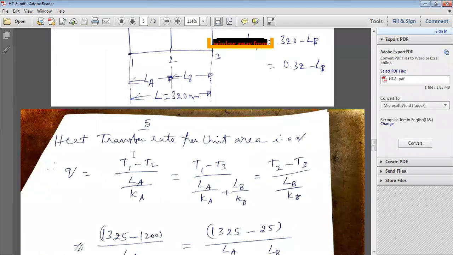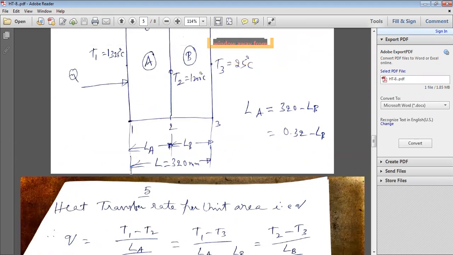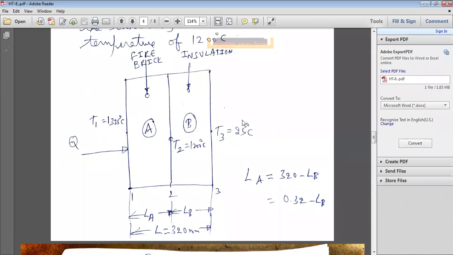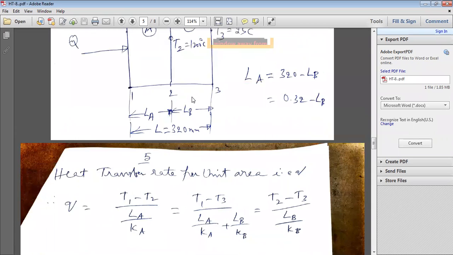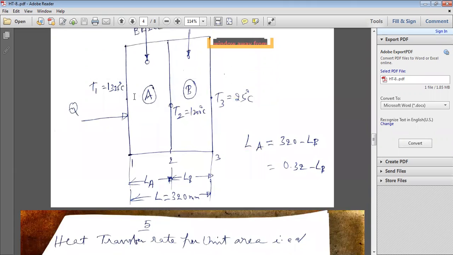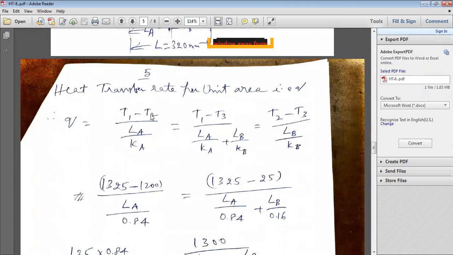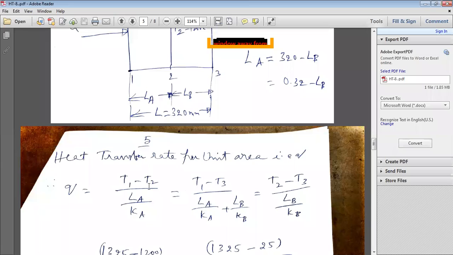So from the basic thermal conductivity, the heat transfer rate for conduction, here conduction only. We are not considering the convective environment. Only conduction heat transfer we are considering. So for the first material, material A, how do you calculate it? T1 minus T2 divided by the conduction resistance LA by KA. But the area is unit area, 1. That's why the heat transfer rate per unit area is small q instead of capital Q. Small q is T1 minus T2 divided by LA by KA. Here LA is the thickness of material A, KA is the thermal conductivity of material A.